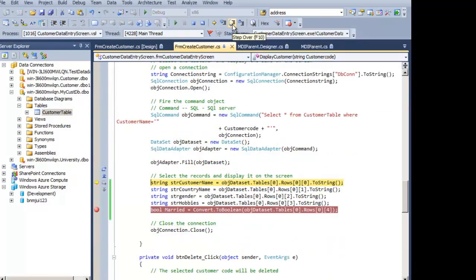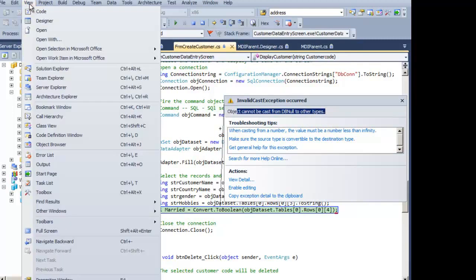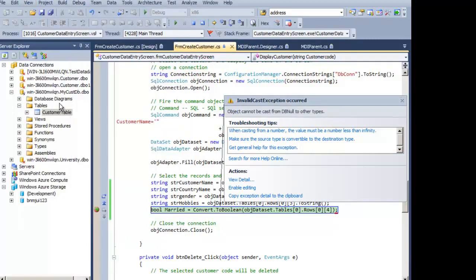If I step forward, I can see that the variable customer name is now set to Raju. I can also see that the other variables are getting set properly. That's good. And also the married thing, oh, you can see it has crashed here. Now this is obvious, so why has this crashed? Because if you go right to the server